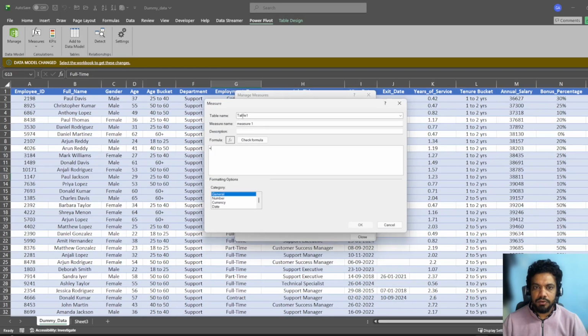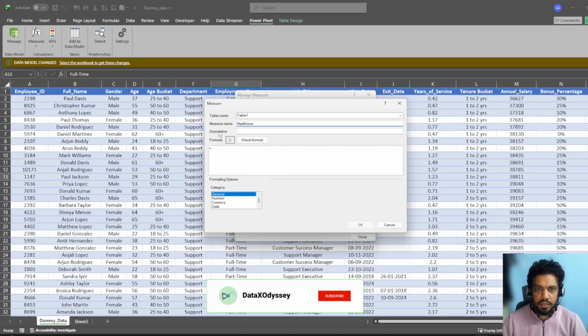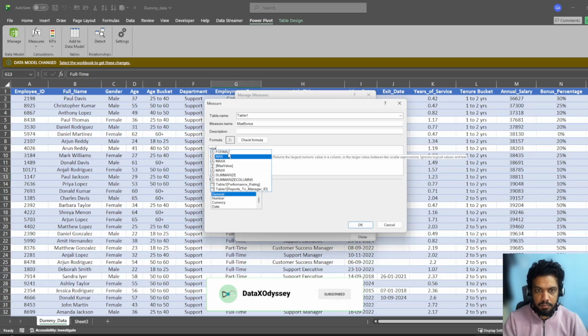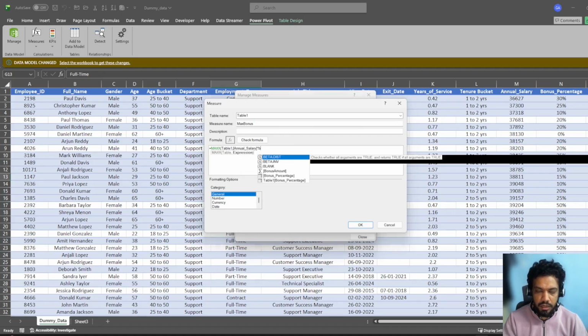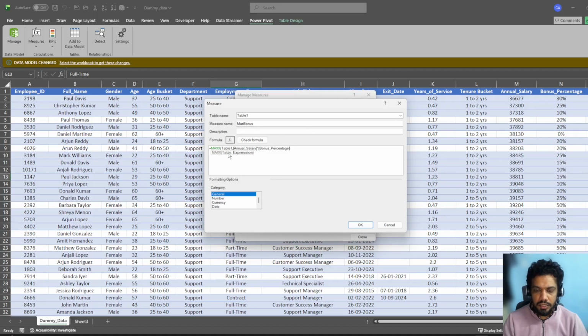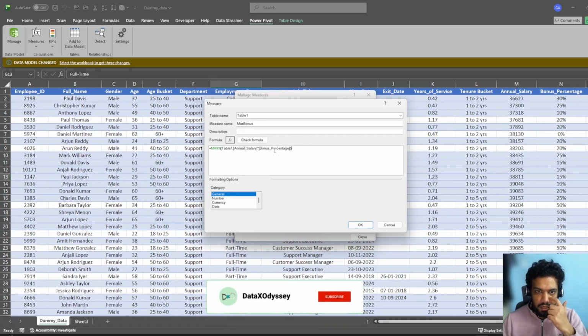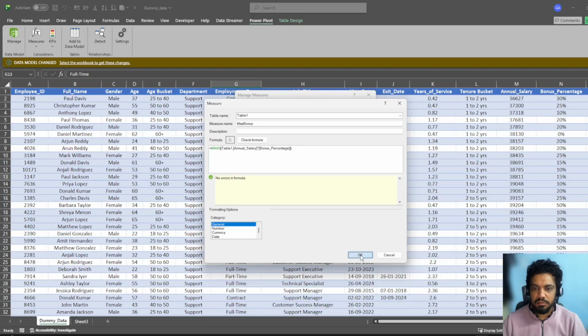And let's do it for the maximum as well. So maximum bonus, and MAXX, again Table 1, and then the expression will be annual salary multiplied by bonus percentage. So which means this will calculate for everybody first,